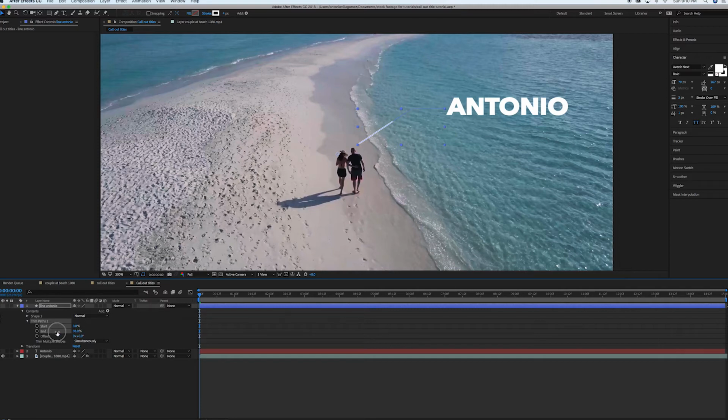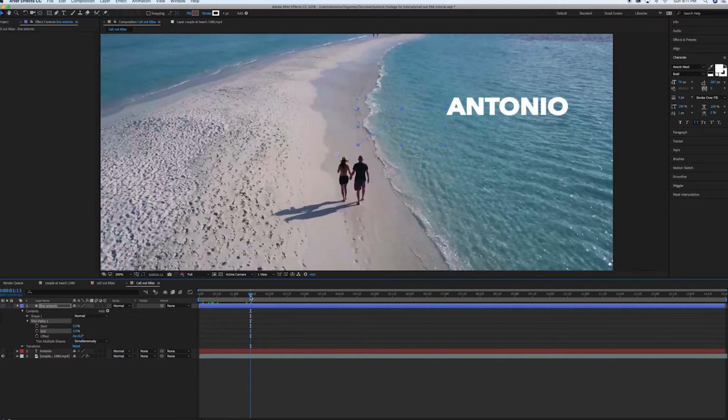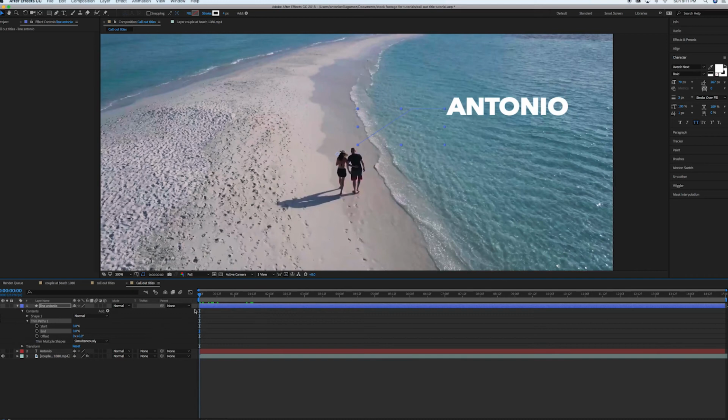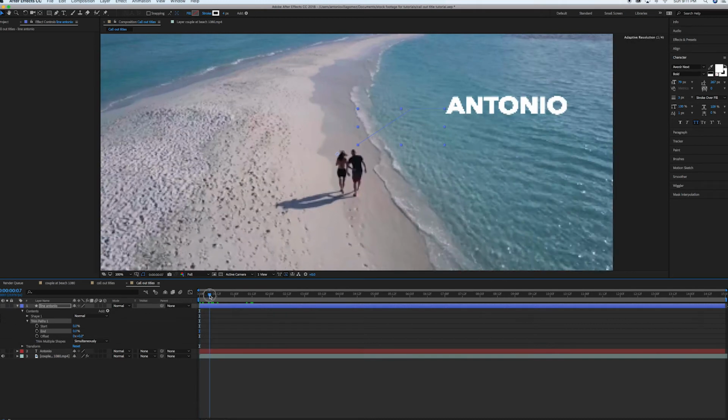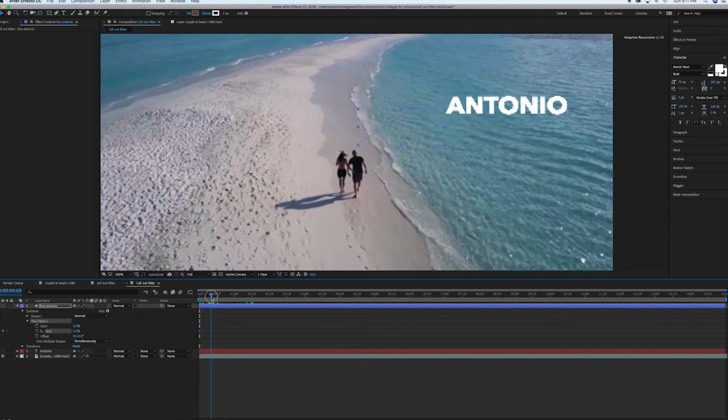So mine is going to start at the end, and it's going to end up here. So here I'm going to go down my timeline a little bit. You can adjust whatever you want, this start later on. Actually, I'm going to start it right here. I'll adjust later. So I'm going to create a new keyframe, and then I'm going to move down a little bit,